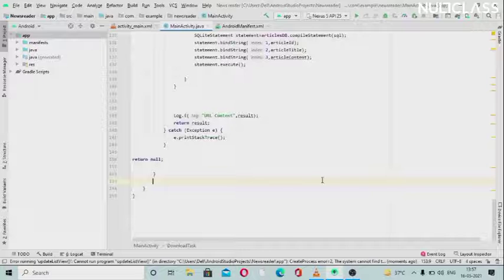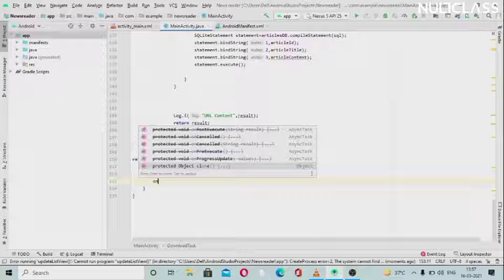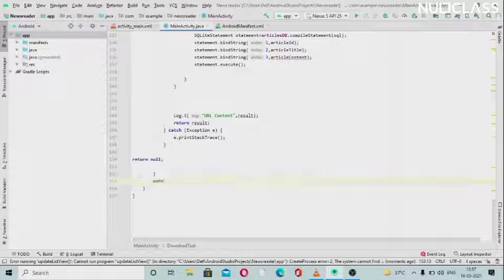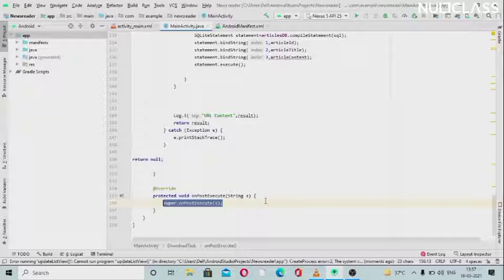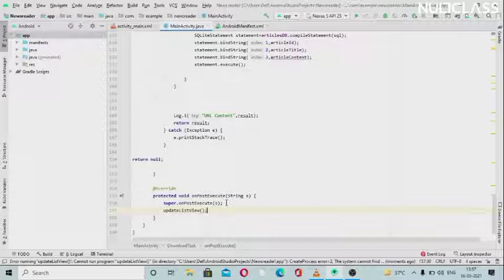So we'll be creating the onPostExecute method here, which is onPostExecute. So this will be used after we have done all the things. Okay, so I'll just use updateListView here. So I think we are done with this. This will work at the end, after all the things are done.